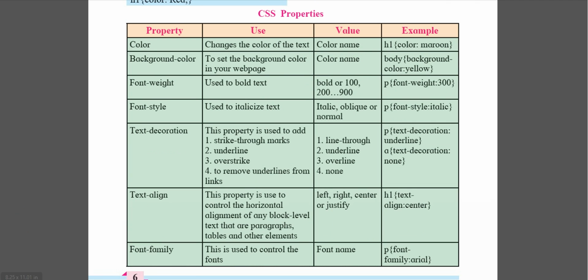Text align, what is text align? You can give the proper margin, a proper alignment of the sentence to the correct place. You can use left, right, center. If your text is here on this part, this is used as a left margin. If your text is here, you can use a right margin. If your text is here at the center, you can use the center margin. So these are the text align options.